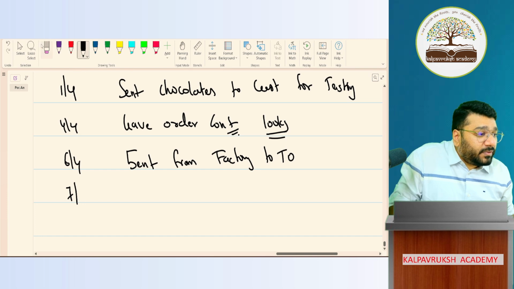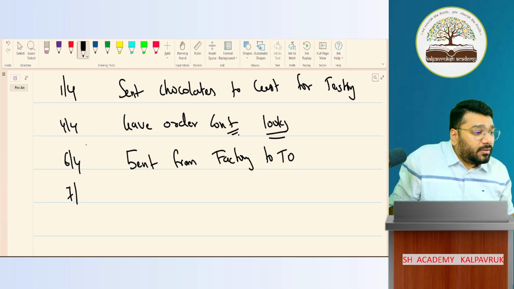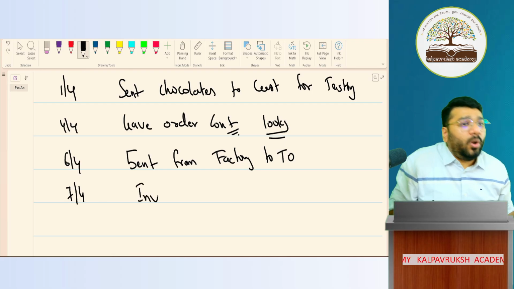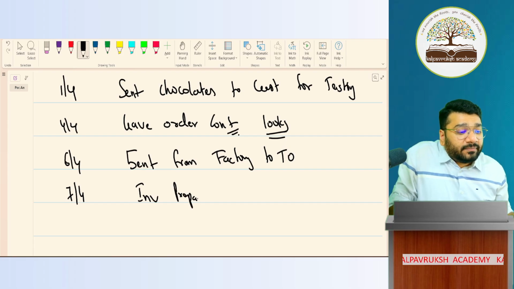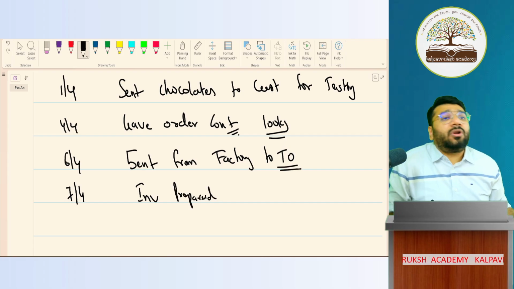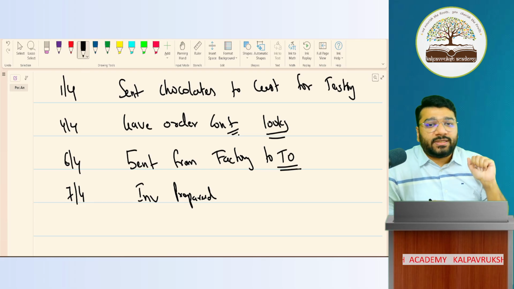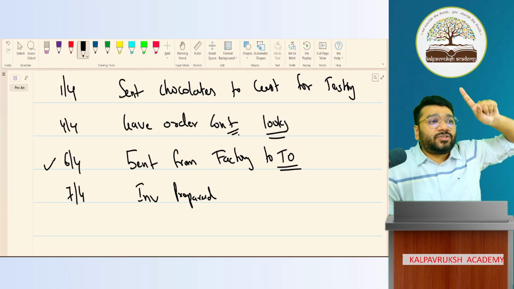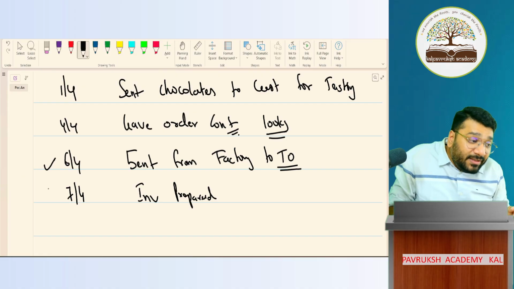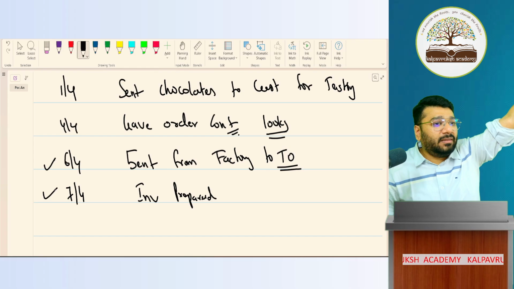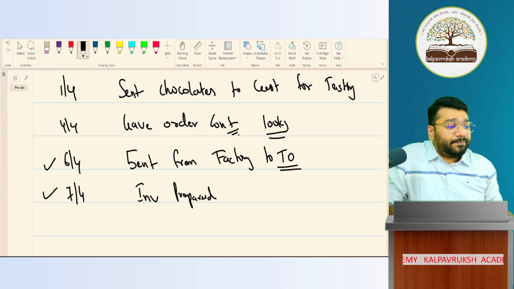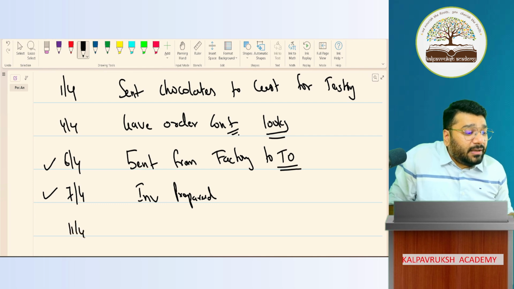On 7th April, the invoice was prepared. The transporter's office will not do transportation until you get the invoice. So on 6th of April, goods were sent to the transport office, but the invoice was not given, so transportation did not start. On 7th April, when the account staff gave the bill and the invoice was given to the transporter, transportation happened. So from 7th April till 11th April, goods were in transit.